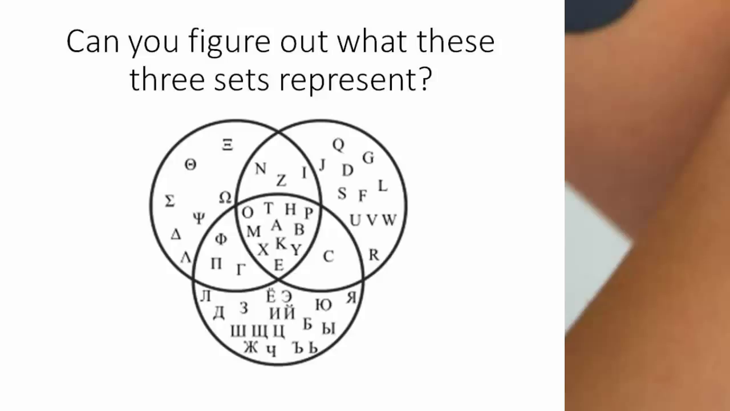The bottom set is actually the Russian alphabet, or Cyrillic alphabet you might call it, and as you can see, all three of those alphabets share the letters O, T, H, P, M, A, B, X, K, Y and E, whereas only the English and Russian alphabets share the letter C, the Greek alphabet does not have the letter C, whereas the Greek and Russian alphabets have the symbols, as I'm sure you